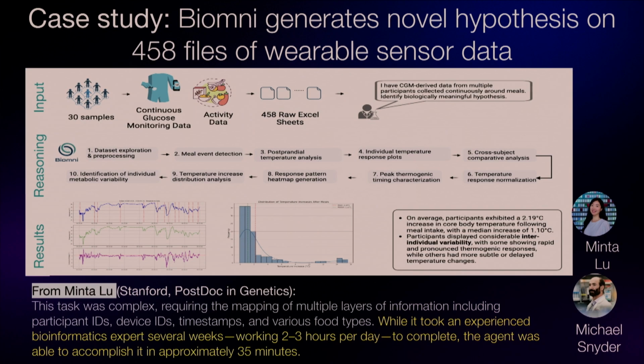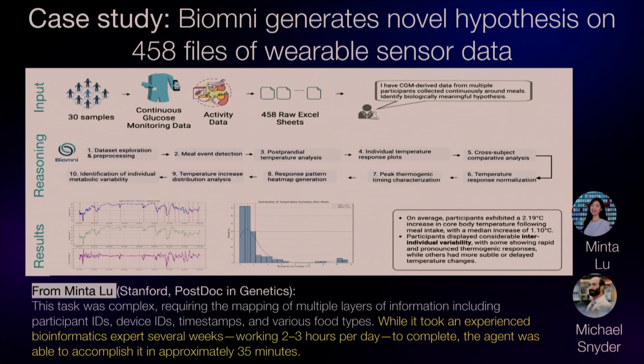Here's another example. This is with Mike Snyder's lab here at Stanford, where they have very diverse data from human physical activity, continuous glucose monitoring, activity data, food data, and so on. It was about 460 raw Excel files that they dumped into the agent and said, analyze this data, come up with some realistic hypotheses and patterns you find in this data. The agent went through this 10-step data analysis procedure, created a bunch of plots and visualizations, and at the end came up with